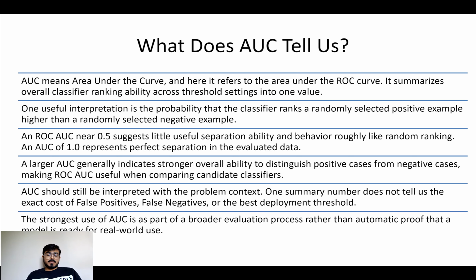For example, two models may have a similar AUC value, but one may still be more suitable depending on whether the organization wants to reduce false positives or detect more positive cases. So AUC is an excellent metric for comparing models, but it should always be considered together with the goals of